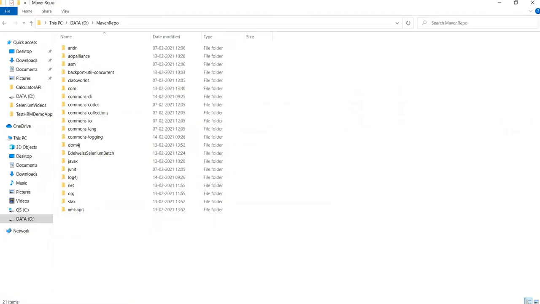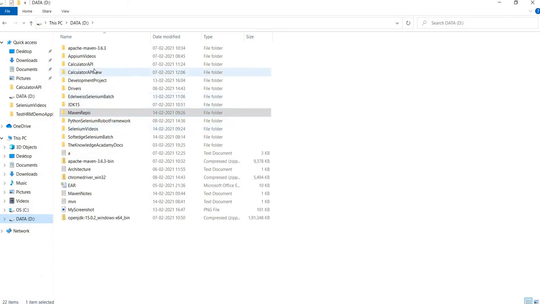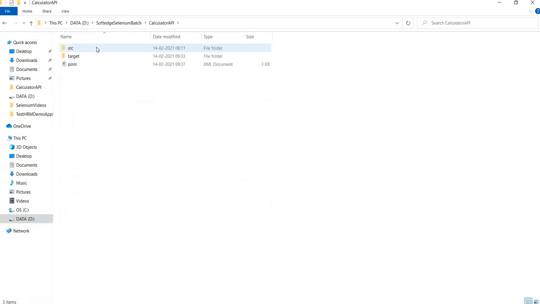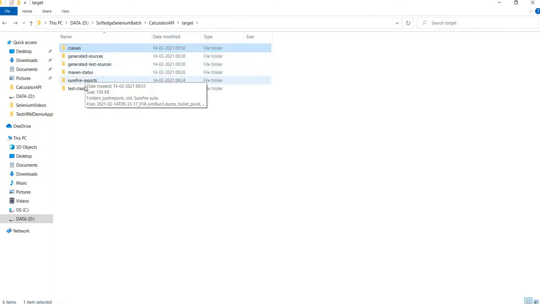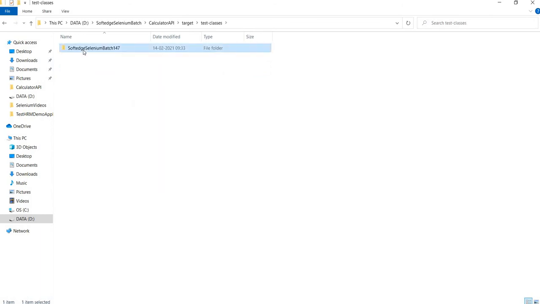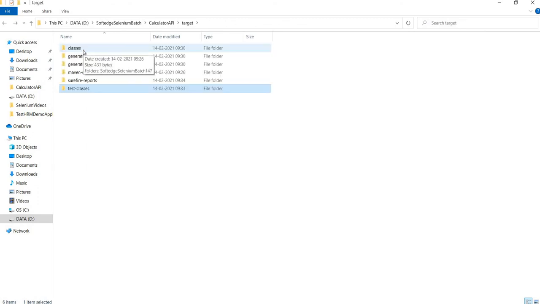So when you compile your project, I'll show you where your class files get created. So here, this is my project. When the compilation happens, in the target folder, in the classes folder, we get our application's class file created. In the test classes folder, we get our test class compiled and the .class file gets put in there. And the jar file packaging will create the jar file of our application, which will also be put here.